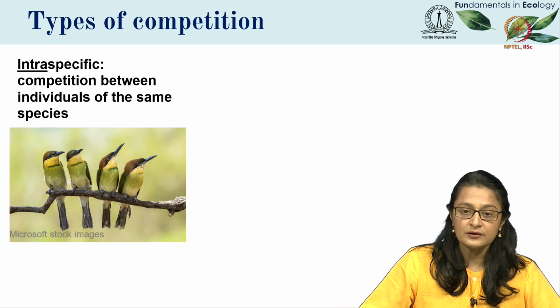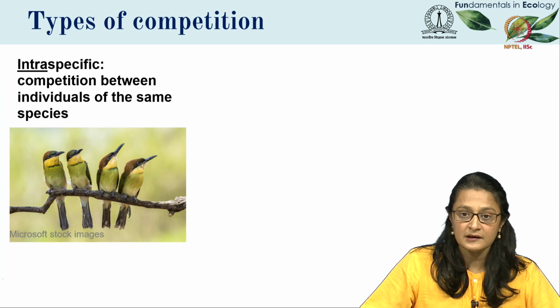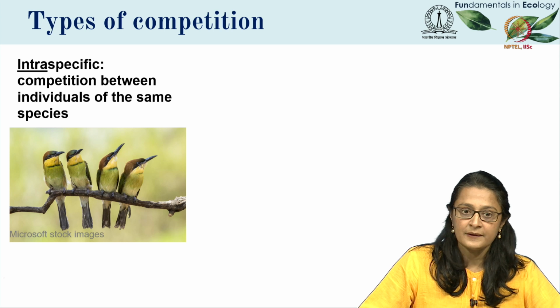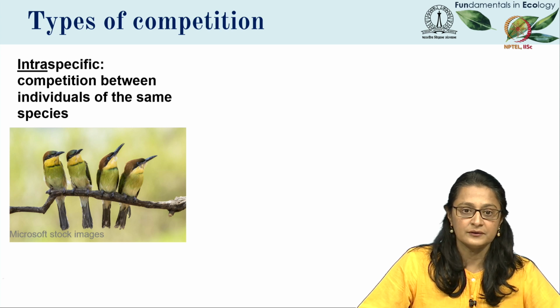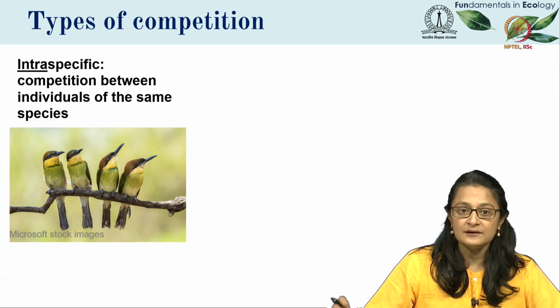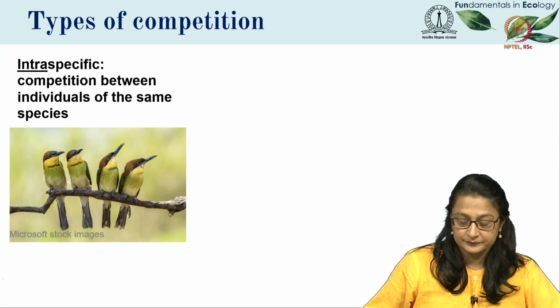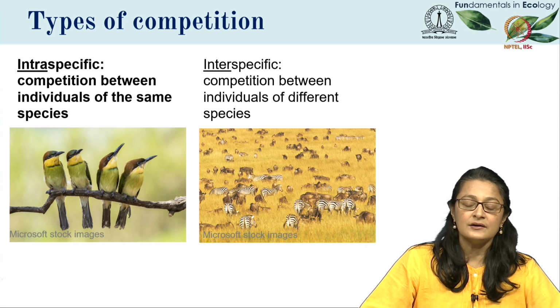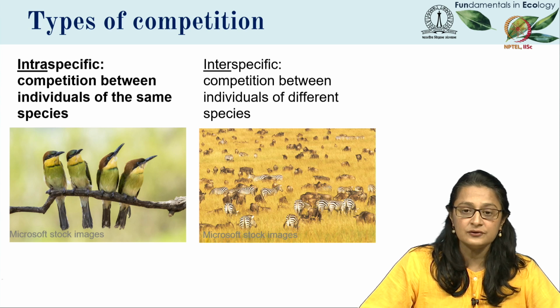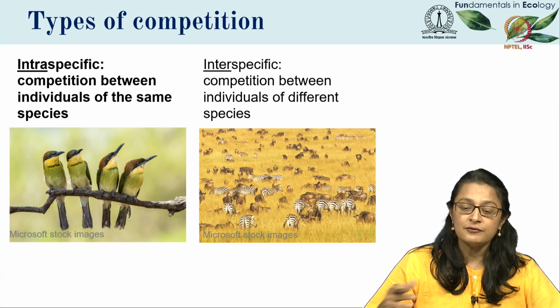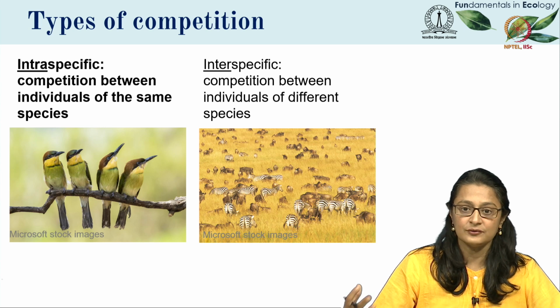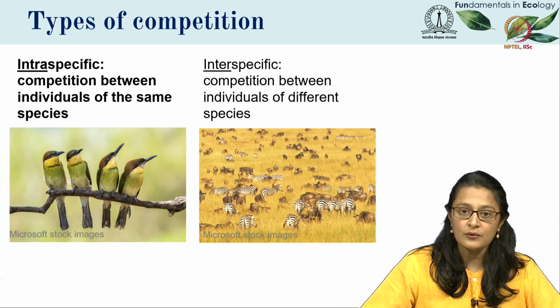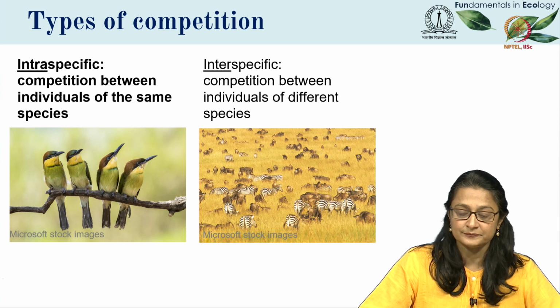Before I start talking about models and ways to predict space exploitation, let's first separate competition into two types. One is intraspecific competition, which is competition between individuals of the same species. And the other is interspecific competition, which is competition between individuals of different species. Today I want to begin by focusing on intraspecific competition, so we follow directly from the accessing resources lecture. You will hear a lot more about interspecific competition later on.